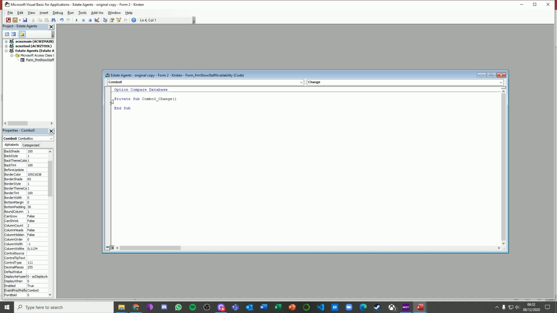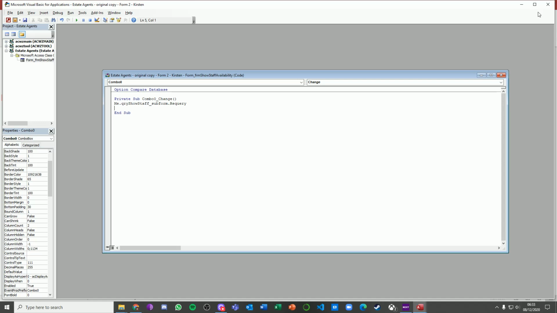You can see here that it's created a small piece of code attached to that control, and it works on change. So now I have to reference something that's on the existing forms. I'm going to type in the word me and then a dot, and then the subform is query show staff subform. And the last thing we need to do is to tell it what to do, and we're going to ask it to requery. Okay,